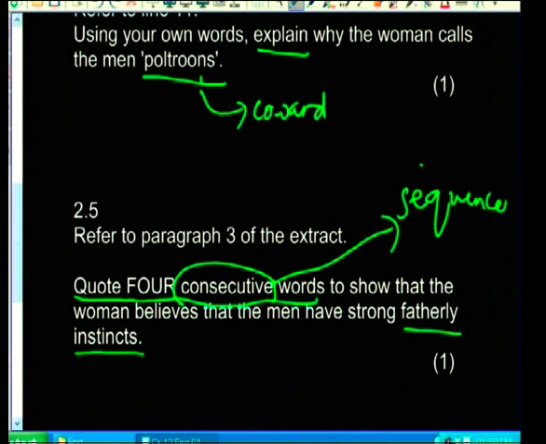What is a fatherly instinct? An instinct is your natural reaction to something. When you react instinctively, it means it's a natural reaction. So what do you think the writer means by a fatherly instinct? Yes, it is how a father would protect his child. Okay, although the characters were not related, we had father figures in the train who could have protected the girl, but they didn't initially. It was only later on that the man decided that it was time for him to get rid of the young man who was very, very troublesome.